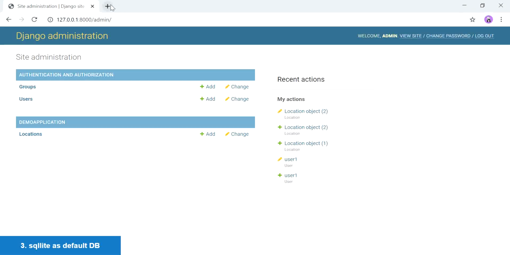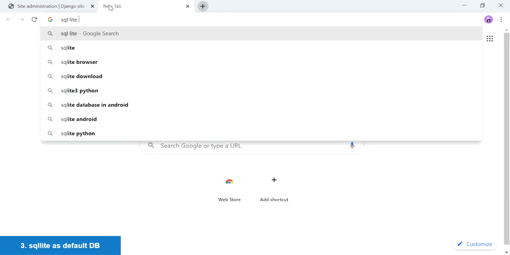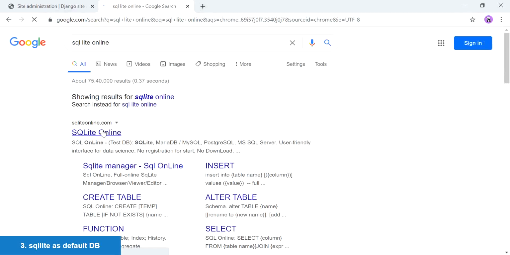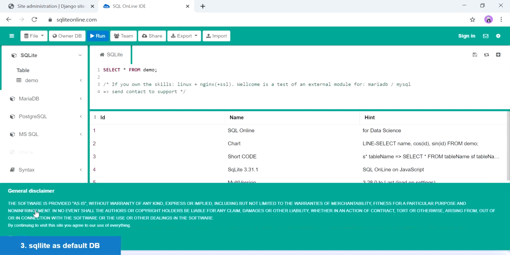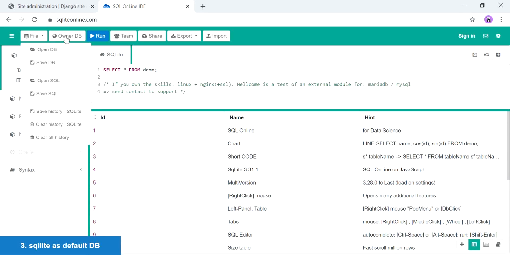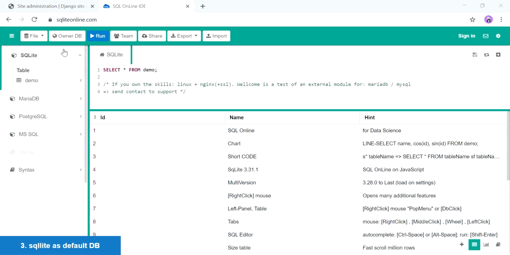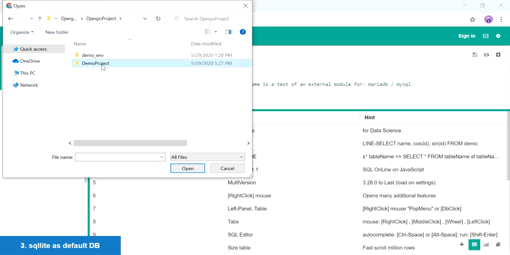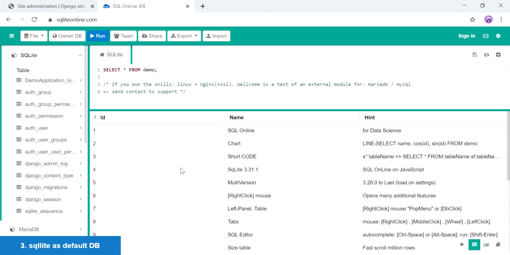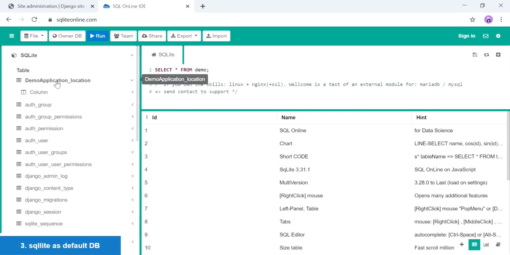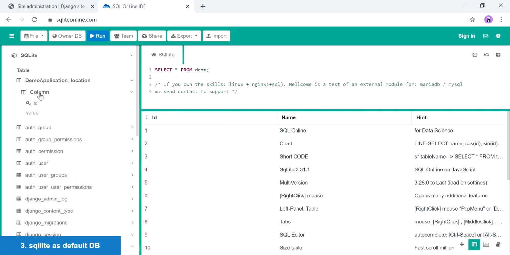Go to the Google, type SQLite DB online. Here is the location table present.